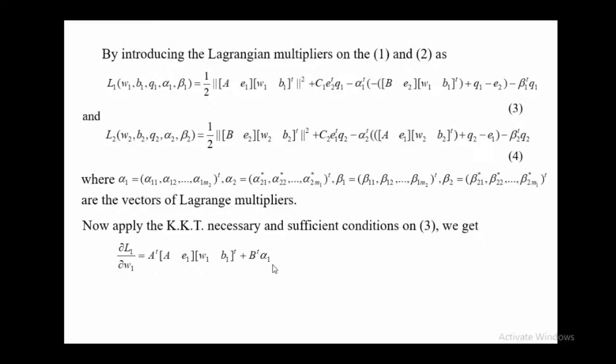Okay. In the same manner we equate to 0. Doing the same with respect to this B1, this term, because B1 is here, you will find E transpose, this whole term will become that, and because there is no B, that will be 0. Here again you get minus minus plus, and this E2 is here, so E2 transpose alpha 1, that will be with respect to this B1, and this term has no B1, so obviously it will be 0. So ultimately what we are doing here is just finding the partial derivative with respect to the variables.